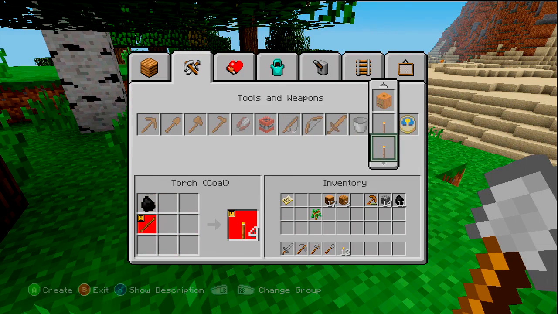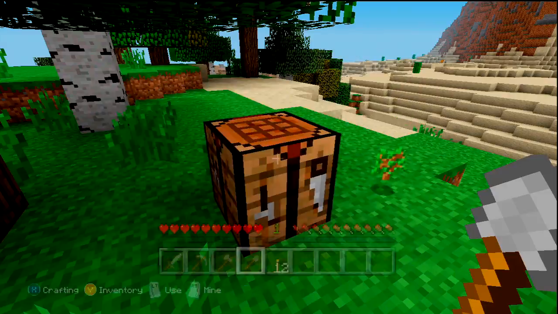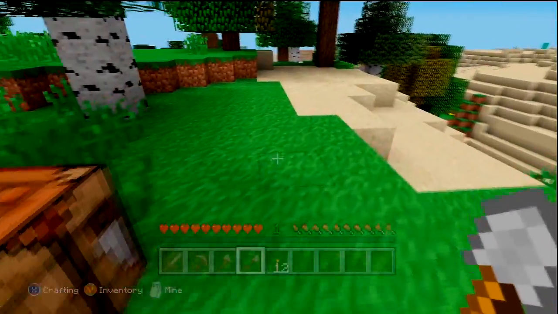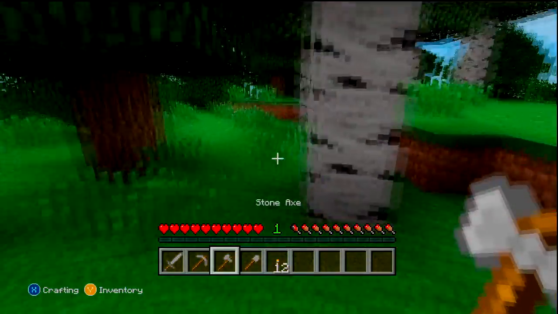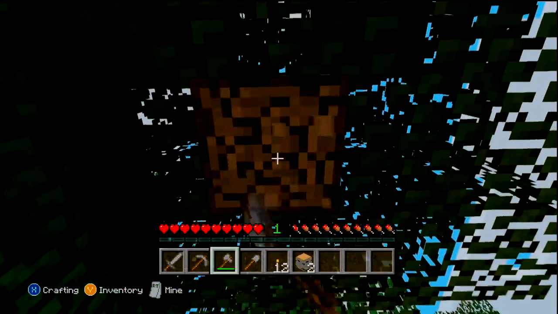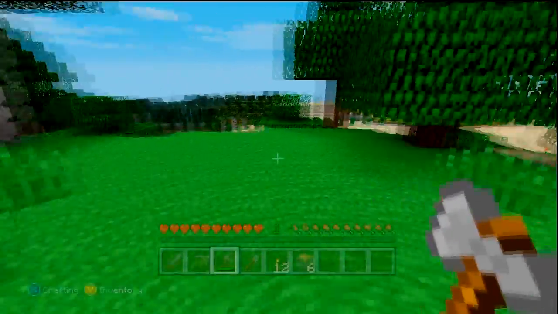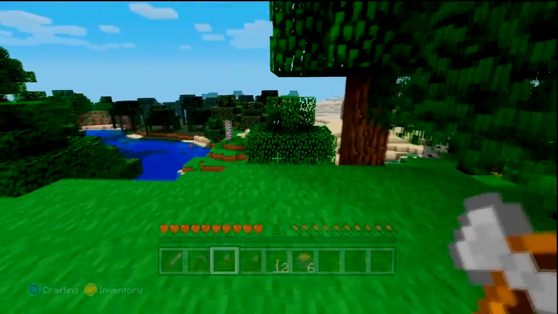Oh, there's a brewing vendor. Oh, blaze powder. That's what I was fearing. It means I need to go into the End and kill Blazemen. That is going to be a funny time. Warning, when that episode does come out, that will contain a lot of swearing. I'm not joking. Blaze light you on fire. And I can't even get potions of like...